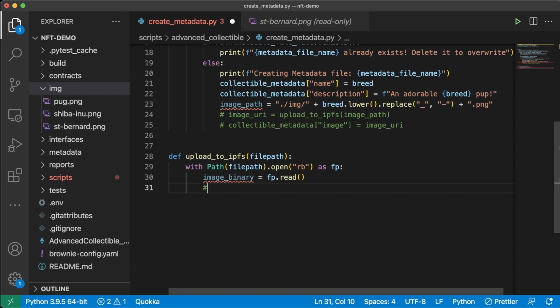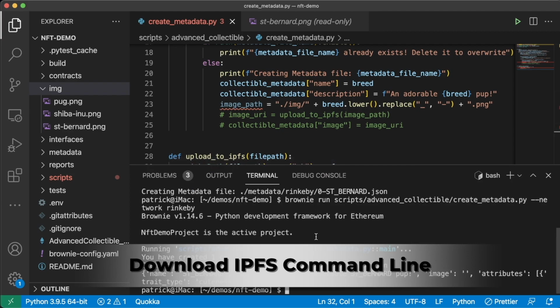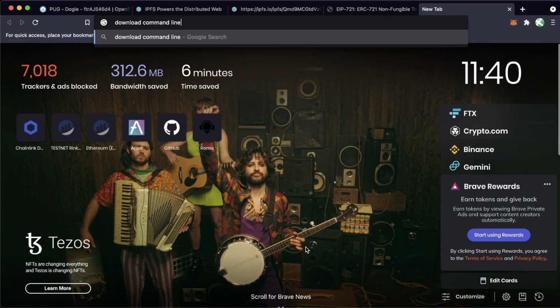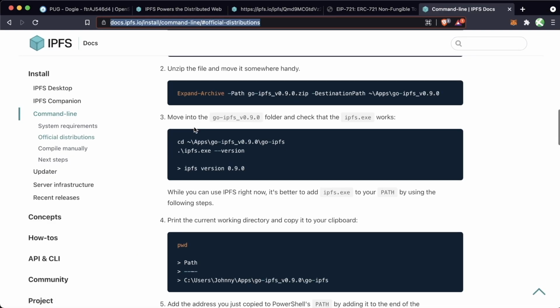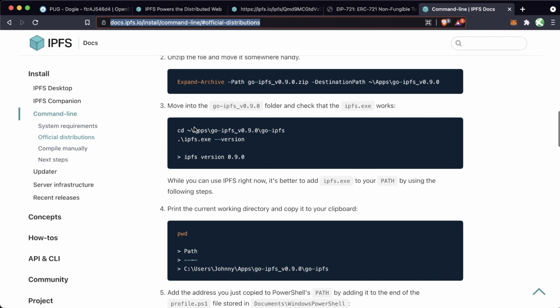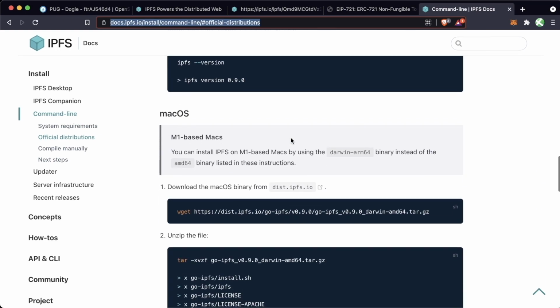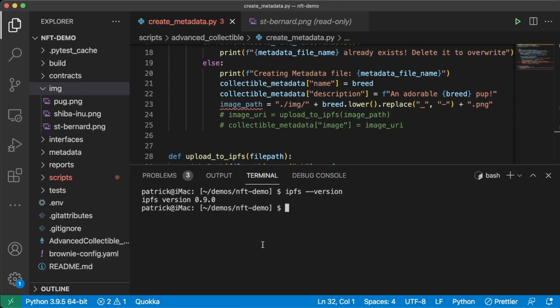Now here's where we're going to do the upload stuff. To get started here, we're actually going to have to download the command line for IPFS. We'll come right to the docs here. And again, there's going to be a link in that GitHub. And in here, there are instructions to download it for whatever system that you're working on, right? If you're working on Windows, Linux, or Mac, these are the different ways to actually download this IPFS command line. You'll know you've done it right if you can type ipfs --version and you see something like IPFS version